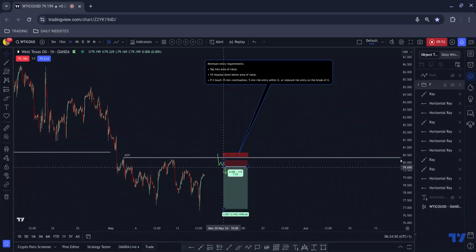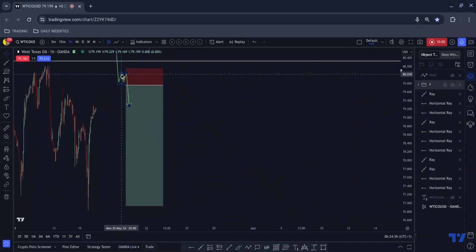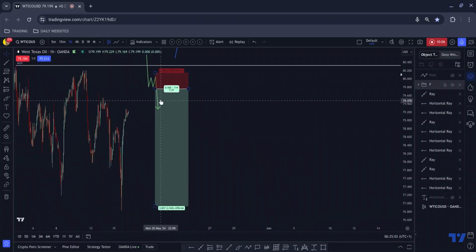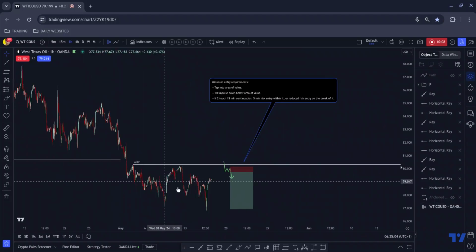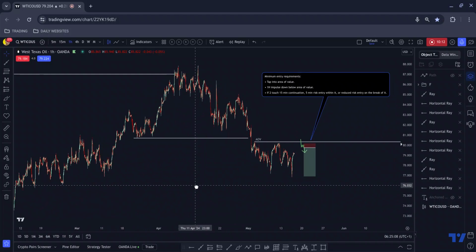So if we have the two bottoms and we come back up, if we test the first high, if it's a 3-touch, even better, but if we come back up to test the first high, then I would look for the risk entry within the flag and cancel the original order that I had set on the break. And then, as I said, I would have about 7% to the lows, but I wouldn't